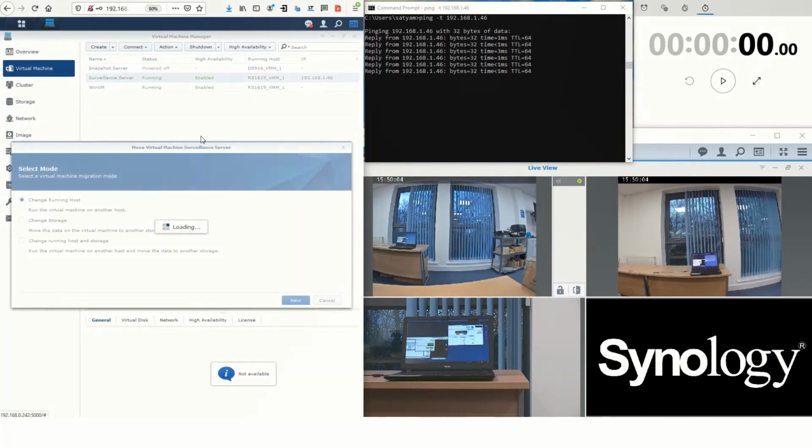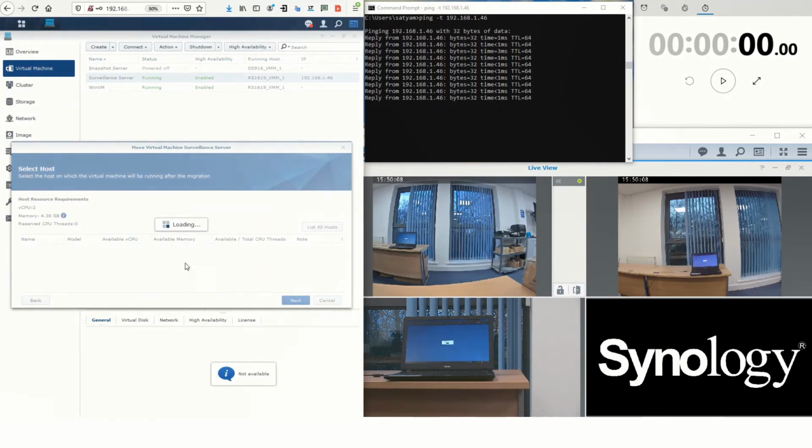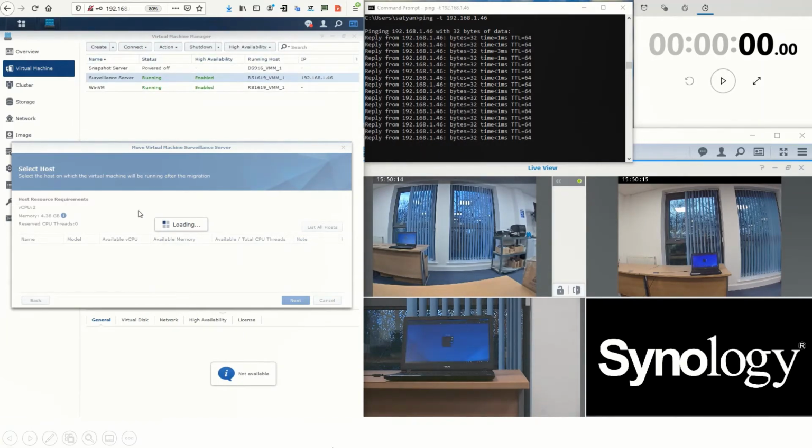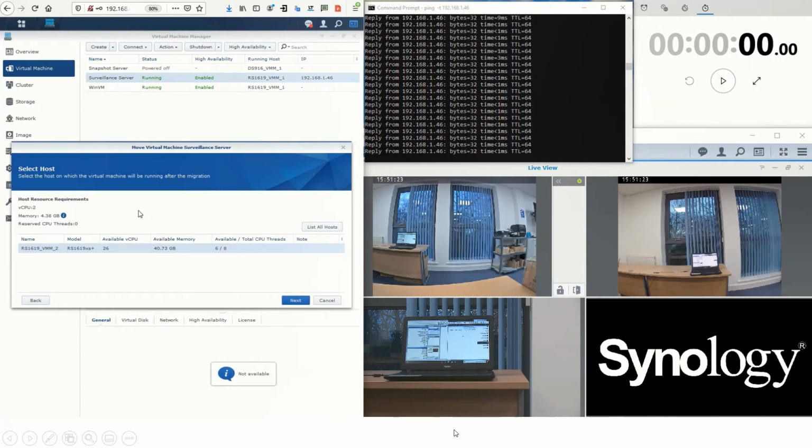I will now perform the migration, which is to change the running host. Now obviously it'll load the options available, and it usually takes about a minute or so, but just to save some time I'll skip ahead to when this is done. Should be around there. There we go, we've got the second RS1619 XS Plus unit, which I'll now go ahead and select,